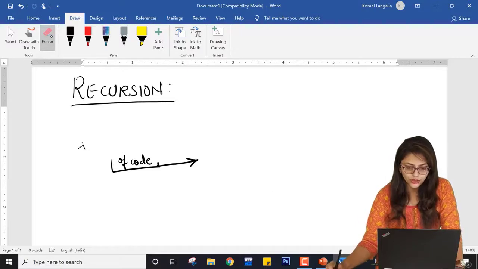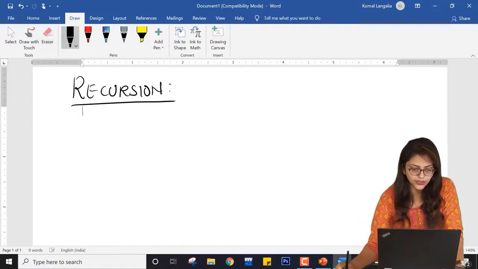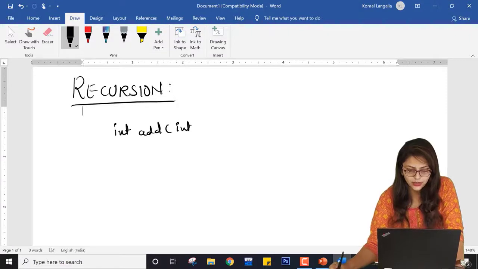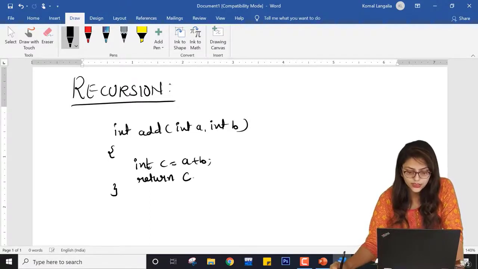So in the function calling, suppose I have written a function, int add(int a, int b). At that time I told you that here, int c equal to a plus b, and you are going to return c, right?